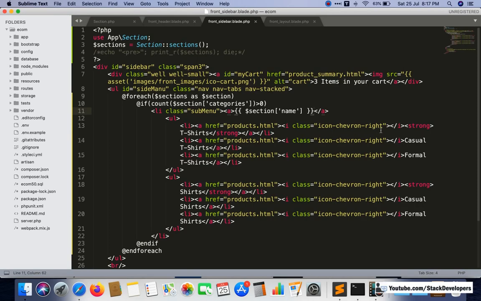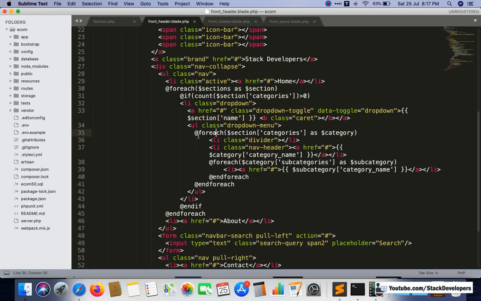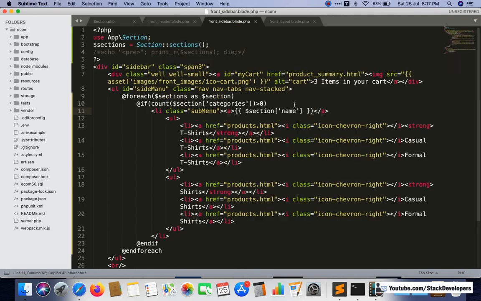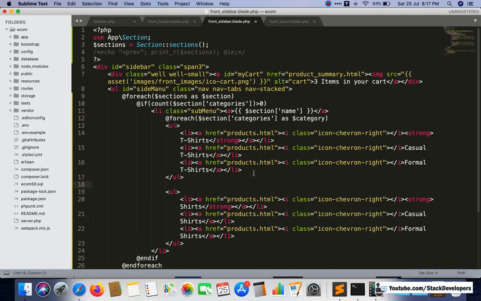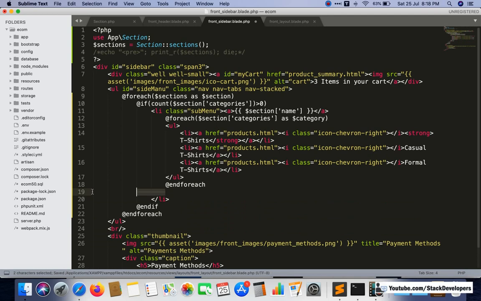We need to make them dynamic as well by adding a foreach loop, and we need to decide where to add it. You can see the ul is repeating, so we add the foreach loop in front of the ul and end it here, and remove this one.